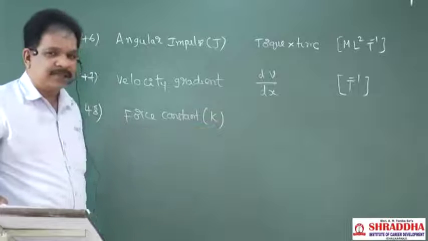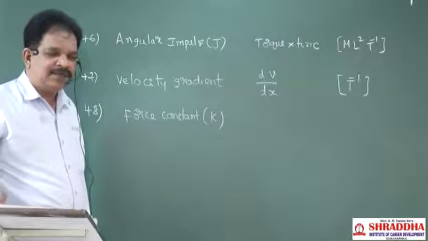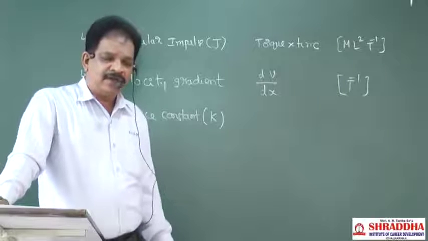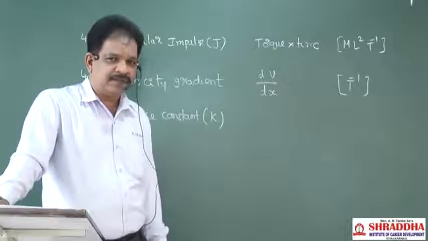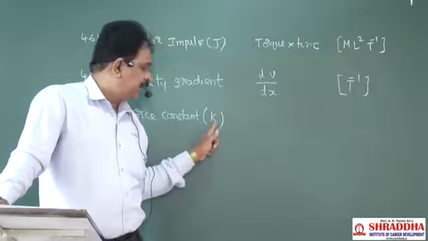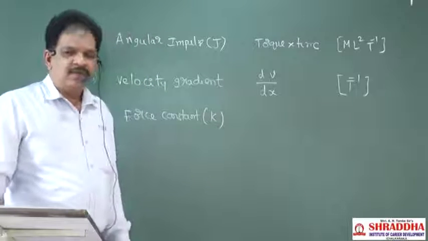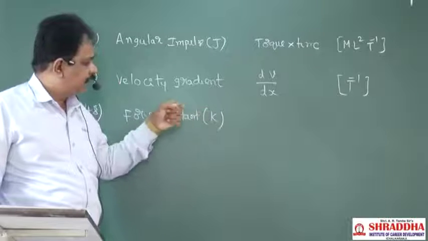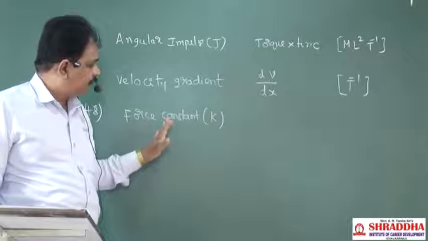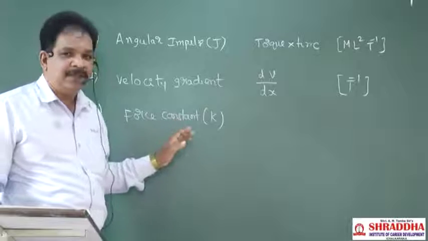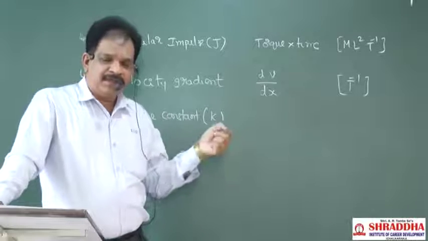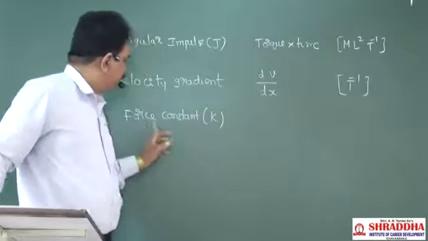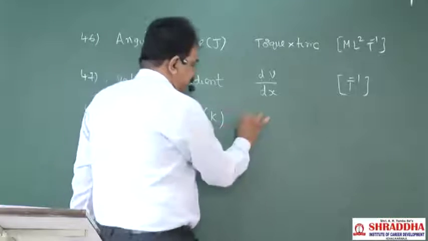We will use the symbol K in 3-4 places, and they will have different physical quantities. Dielectric constant, we can use K. Coefficient of thermal conductivity, we can use K, like that. So what you have to remember, the symbol may be the same for 1 or 2 quantities. Force constant K is equal to